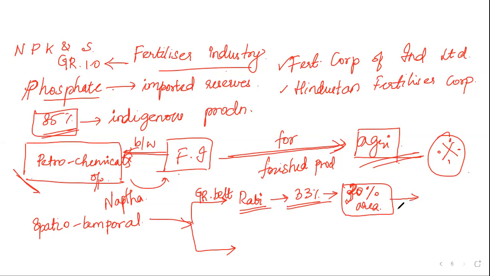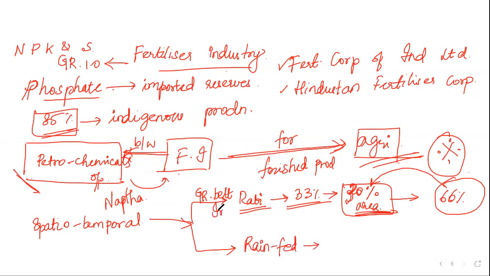On the other hand, if you see the consumption of fertilizers in this 30% area, it is close to 66% of the fertilizers. If I'm going to tell it in the reverse order, 66% of the fertilizers, or 2/3 of the fertilizers, is being used in just 30% area. On the other hand, the other rain-fed portion of India,